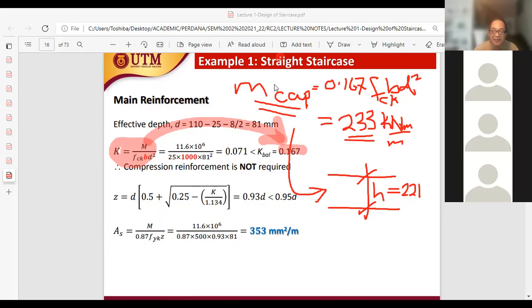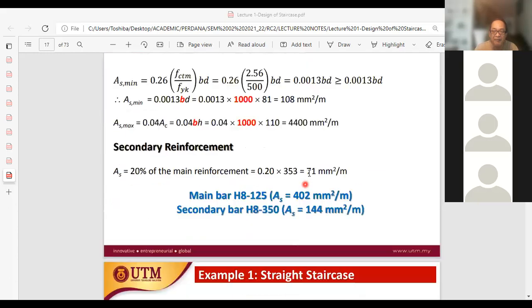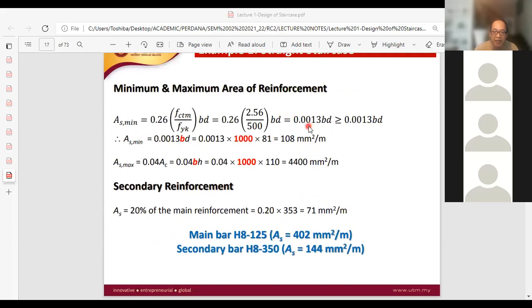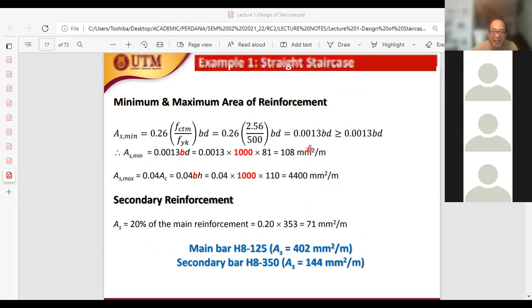Okay, 353 mm² per meter, and this value is then compared with the minimum reinforcement, which is 108, and the maximum, of course the maximum is dia 4,000 plus. We are not using that. Okay, so